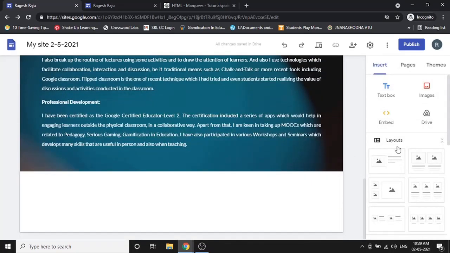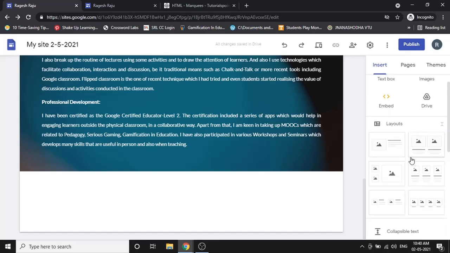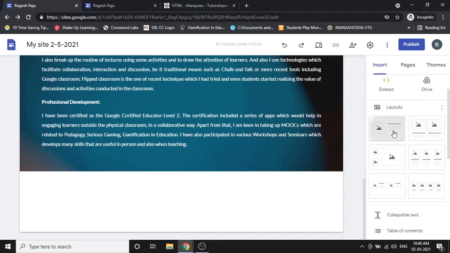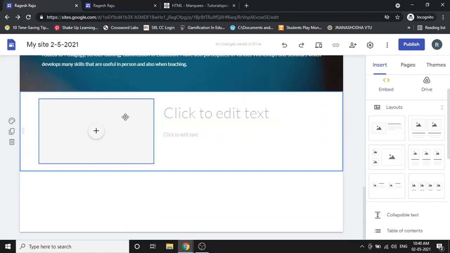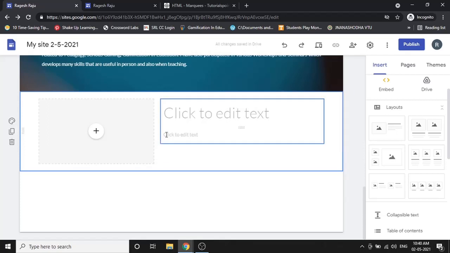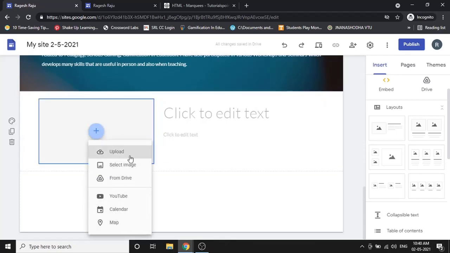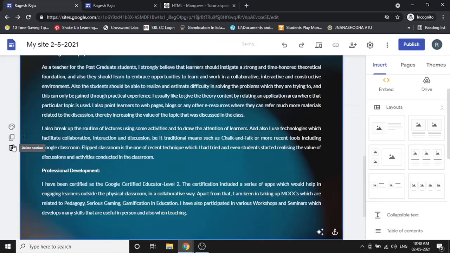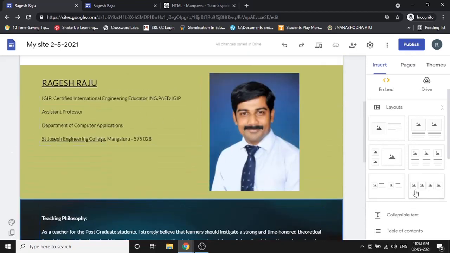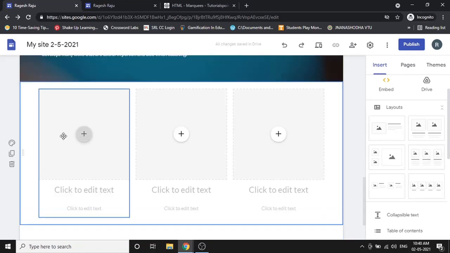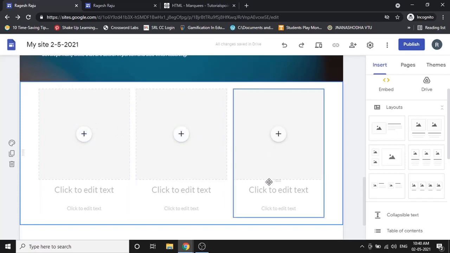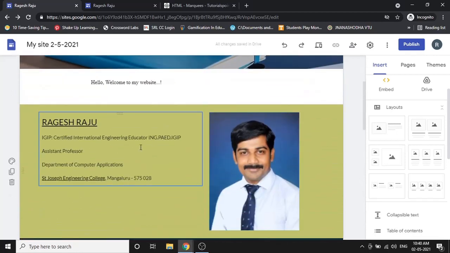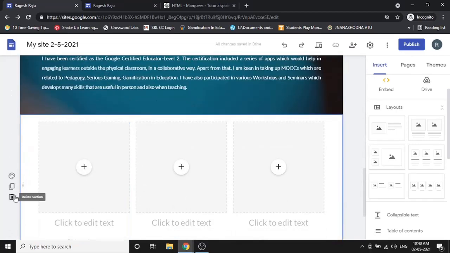Next, below this you can see there are different layouts available for you. One is this layout. I click on that and the layout comes here. So rather than doing it like this, you can add a layout, and to that particular layout you can add whatever you want. If you want to add an image, click on this plus and the image gets added. If you want to add a text, click on that and text can be added. Similarly, different layouts are available. If you have something in mind, first put the layout here, then add a text or an image or whatever you want, or else you can do it how we have done right now. Either is fine. So that is about adding the layout.